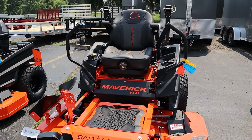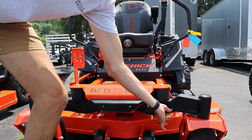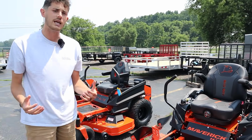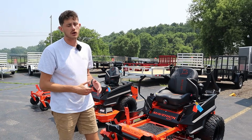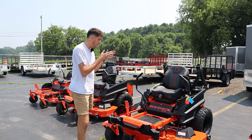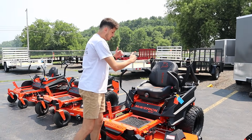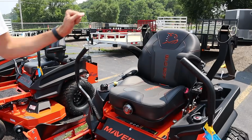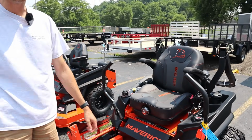You're gonna see that same frame suspension with the rubber isolators, but you're gonna get beefy I-beam framing up front, which I think is a really good thing. I think I-beam is strong. You see them use it in big, heavy dump trailers. I like when it's on zero-turn mowers as well. The HD is gonna be the first one you also see outside of this frame suspension. You're gonna get an air dial seat as well. So you have your dial right here that you can adjust right to your body weight to make it a